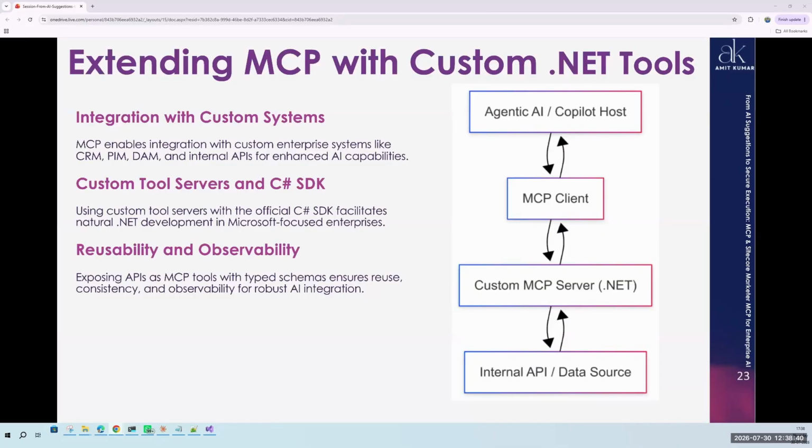So in order to create MCP tools in .NET, because we all came from the Microsoft tech stack, so we love to utilize the .NET framework. For that, we can utilize the C# SDK, which is generally available to create custom MCP tools. With the help of that, you can create or connect with any third-party system which has API endpoints for you to consume.